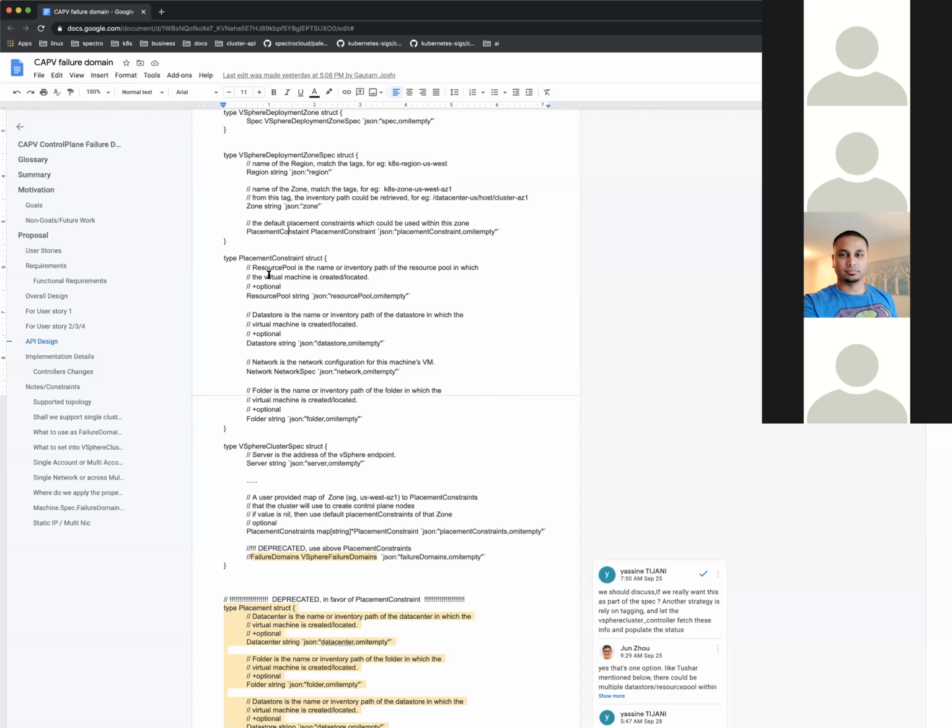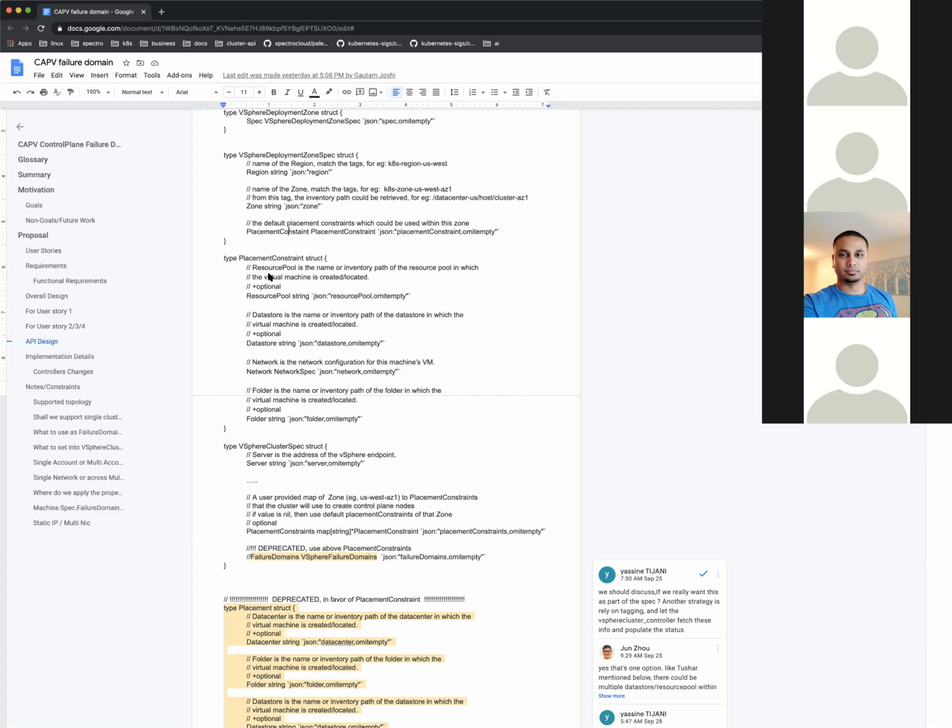cluster. Then within, because this is going to be V1 Alpha 4, we can make changes in terms of being able to pass context with a region. I don't 100% remember all of the types in Cluster API, but basically, as it stands at the moment, you can pass a region, but you can't pass any context with the region. So if in V1 Alpha 4 we were able to pass some context with a region, then we can have the vSphere part of CAPV unpack that CRD and get all of the placement constraints out in addition to the fault domain.